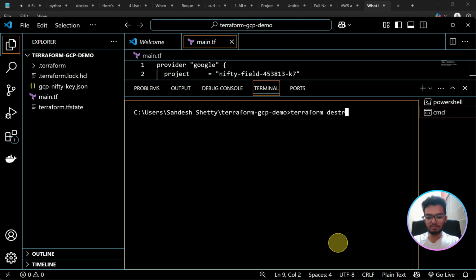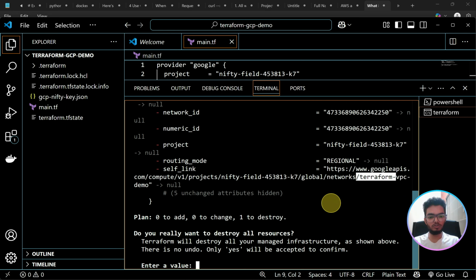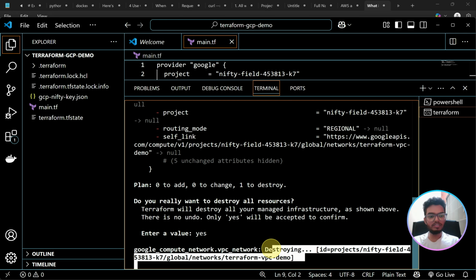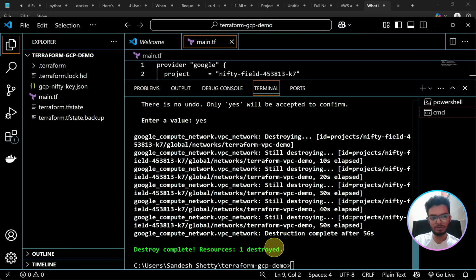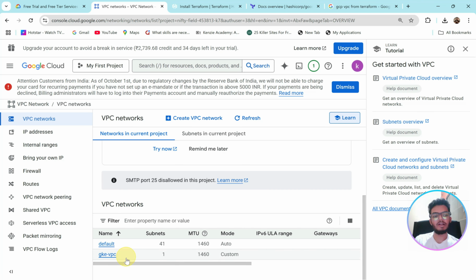destroy. Let's run this now. So now you can see 0 to add, 0 to change, but 1 to destroy. And it will destroy Terraform VPC demo resource. And if I approve this, you can see it is destroying my VPC network now. You can see one resource is destroyed now. And if I check in GCP now, that VPC is not there yet because that is destroyed or deleted from